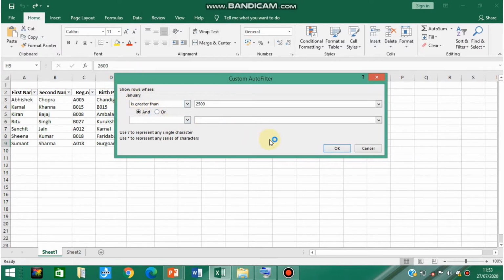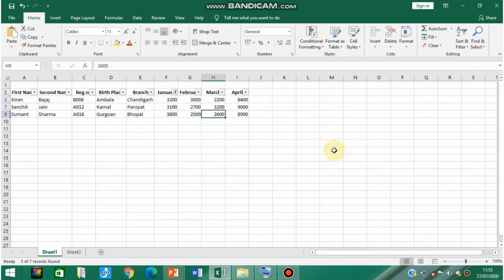After specifying your conditions, click on OK, and you will see that the custom filtering has been applied to your data, and you are able to see only the data that meets your conditions. This is known as custom filtering.